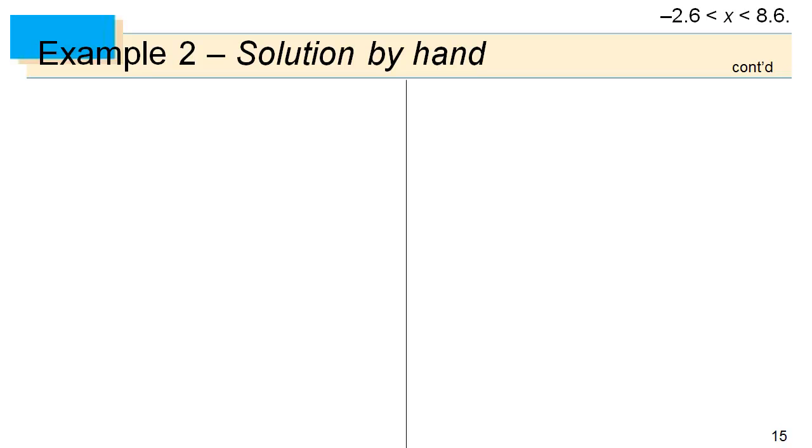So we'll start again with the original: -0.5 less than the square root of x plus 3 minus this x plus 7 over 4 piece, right? And then less than 0.5. So I'm just going to start with our normal compound inequality that we get when we're trying to solve